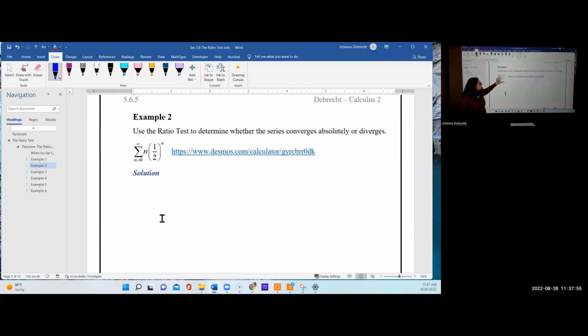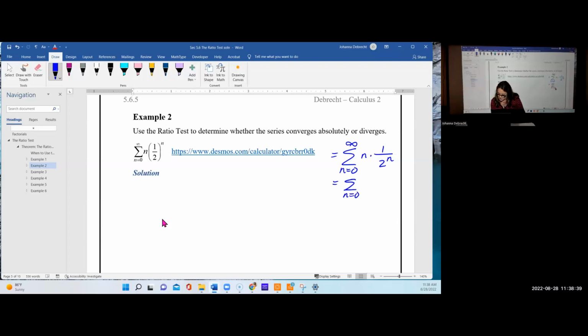When we're looking at this one, there are some things that we can do to simplify the summand. So we have n times the quantity 1/2 to the n. So 1/2 to the n is an exponential function. Remember that n is considered finite. We are going to be doing the limit as n goes to infinity, but from now, n is finite. And so we're actually able to rewrite the series in a different format where we have n times, well, 1 to the n would be 1, and this becomes 2 to the n. So I could write it as n times 1/2 to the n. But then if I wanted, I could slide them together into the same ratio. And this would give me the sum from n equals 0 to infinity of n over 2 to the n